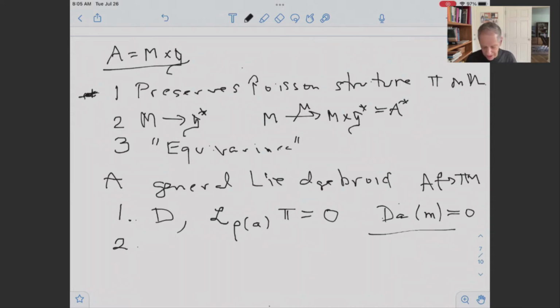And so in this case, we say that the connection is Poisson anchored with respect to the Lie algebroid structure and the Poisson structure pi on M. The second condition, again, normally just for constant sections, is that if we take pi tilde, the associated map from cotangent vectors to tangent vectors, then